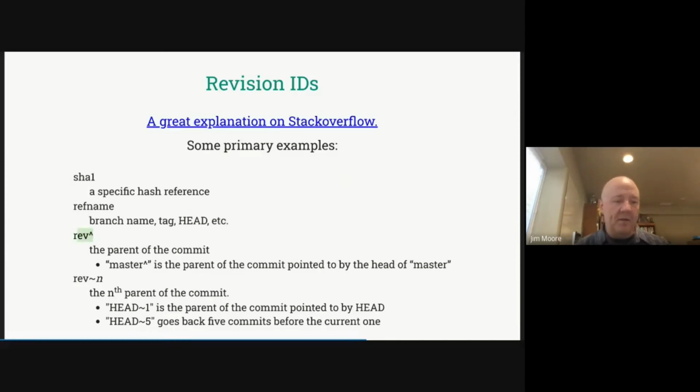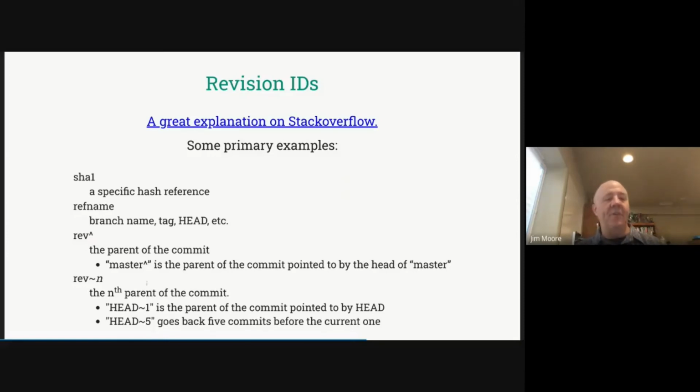I avoid it because they'll use something like master caret in order to point to the parent of master. However, I always use the tilde with a number. The reason is that if I want to go 5 commits back, which is common for things like rebases or diffs, then you can do tilde and the number of revisions to go back.